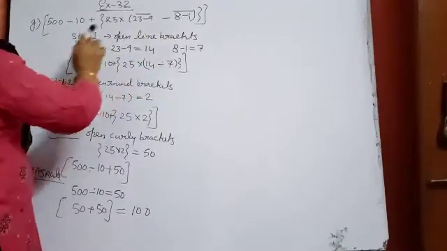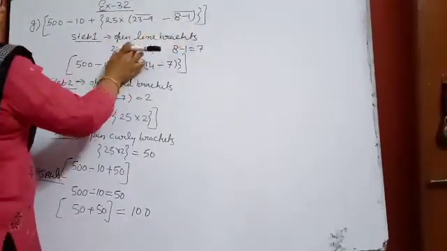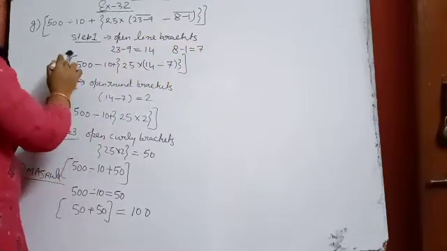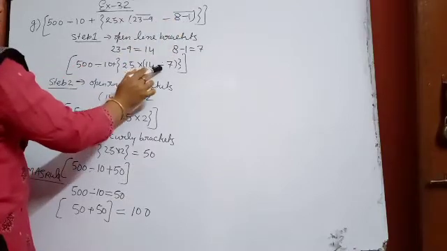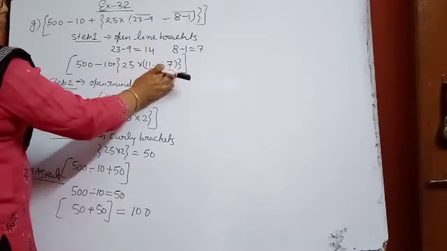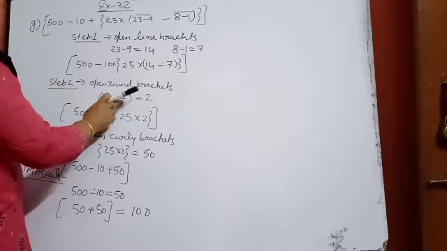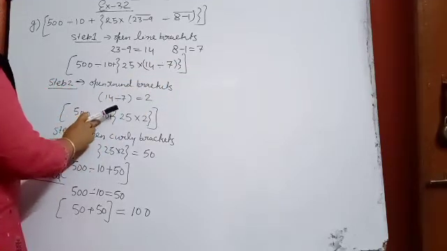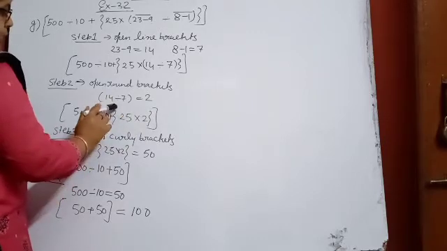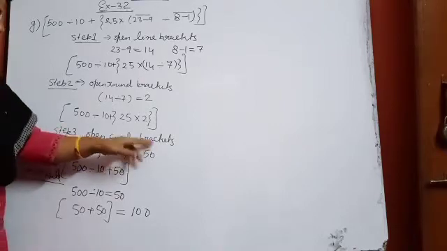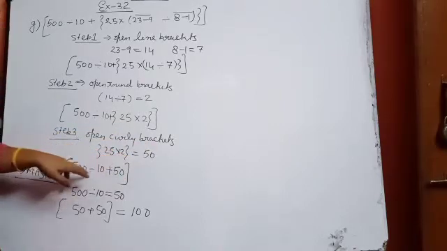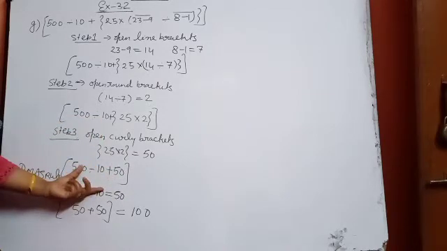See that again one more time. It was our question, I am not going to read it. First of all, I have solved the line brackets and I have written the result. Then whatever changes came, I have written them, because after solving the line bracket, it will come inside the round bracket: 14 divided by 7 comes 2. So 500 divided by 10 plus 25 into 2, and after that the curly bracket remains. Opening the curly bracket now, 25 into 2 becomes 50. So you can see that 500 divided by 10 plus 50. Now this will become your question.